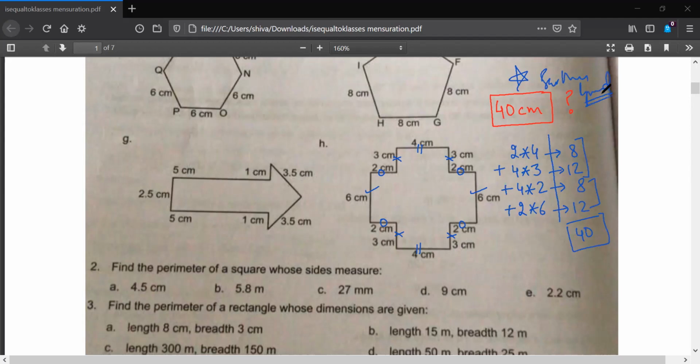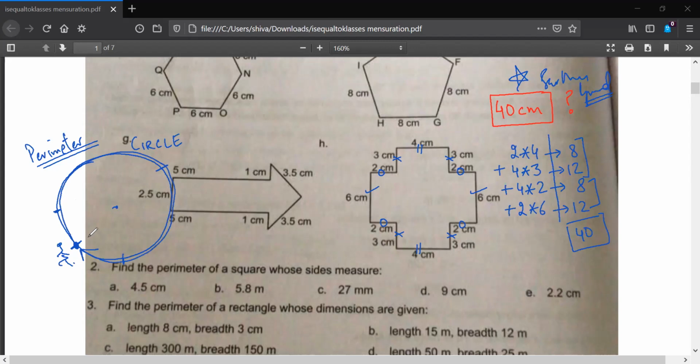Okay. So the easiest way to understand perimeter is that given any figure, for example, I can take a circle also. If I want to find the perimeter of this circle, I can take any point to start from. Let us assume that we start from here. Now, all I need to do is walk around this circle and come back.